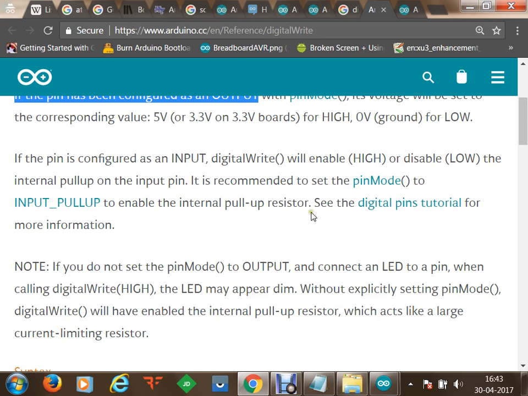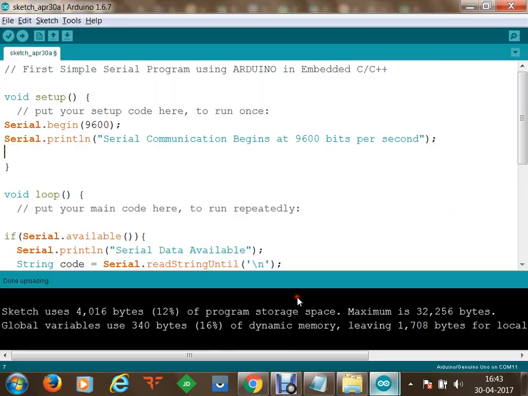So now we'll go to the initialization section here. To initialize, first of all we'll set the pin mode. I would like to set the pin mode of pin 13 as an output pin, because I want to set high or low voltage here. Input means we are going to receive some value on pin number 13, but we are not going to do that. We are going to transmit high voltage from pin number 13, because the positive leg of the LED is connected to pin number 13 on the board, and I want it to light up.